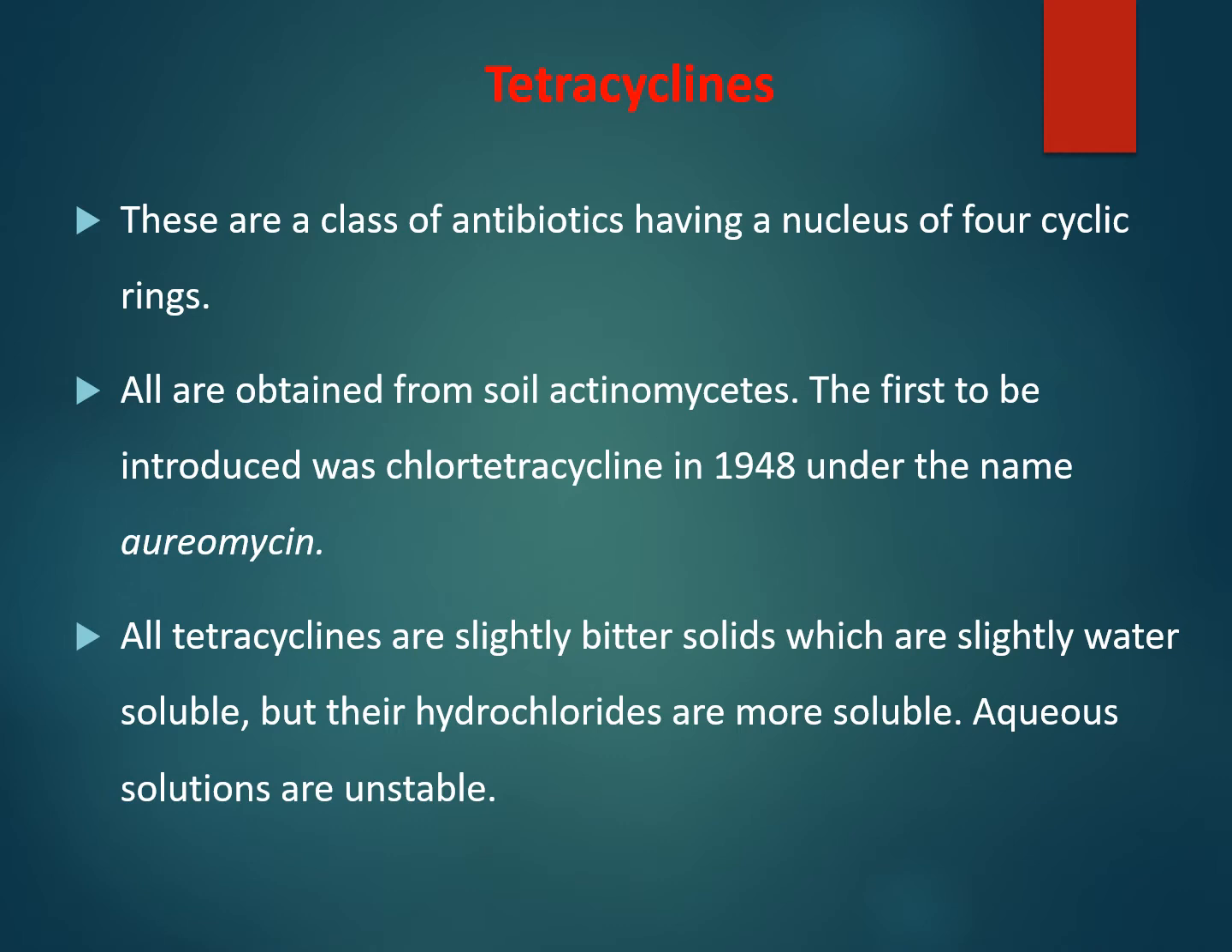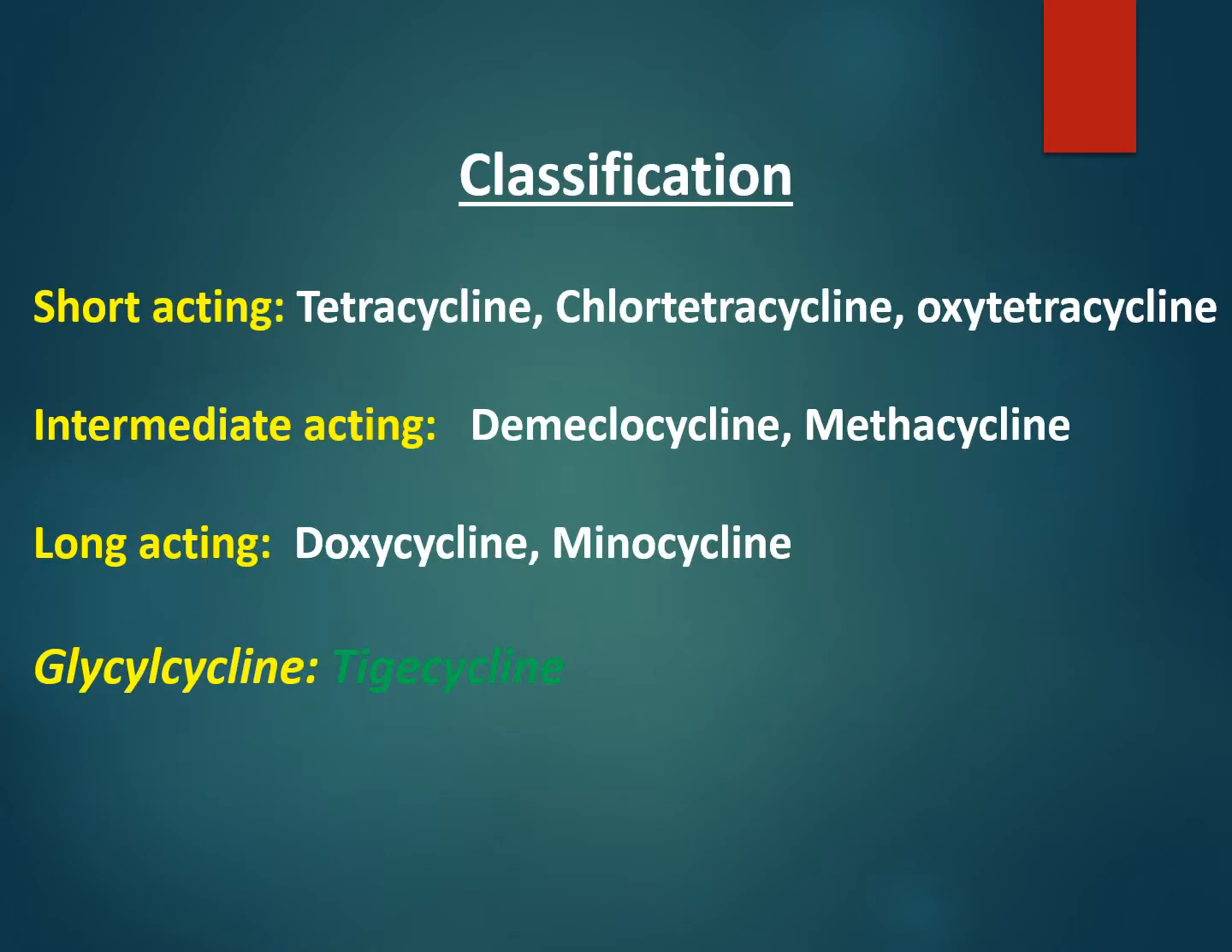The first one is called chlortetracycline, discovered in 1948 under the name aureomycin. So aureomycin or chlortetracycline, both are the same. All tetracyclines are slightly bitter, solid, and slightly water soluble, but their hydrochlorides are more soluble. Right? When it comes to the classification, there are short acting, intermediate acting, long acting, and a newer tetracycline